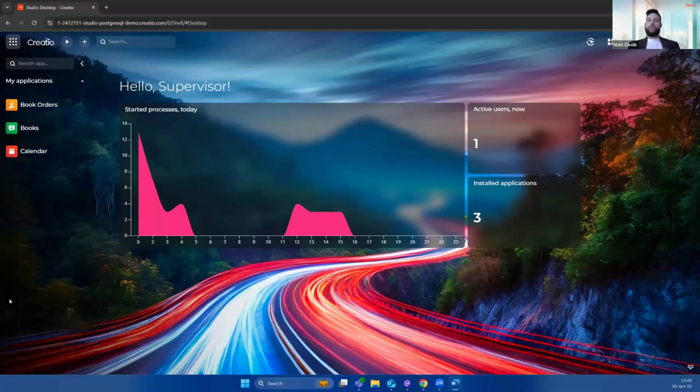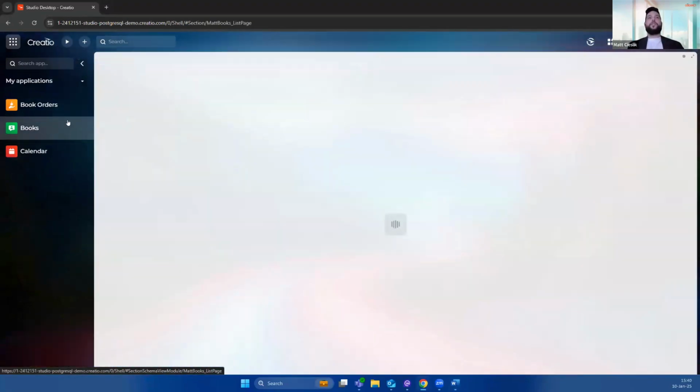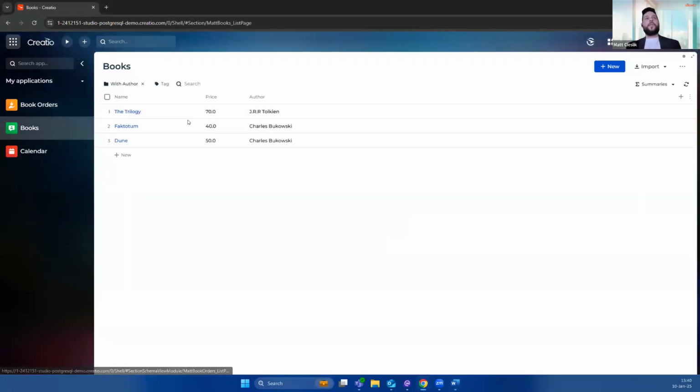So for the presentation, as I mentioned, we're going to focus on some new features. For that, I have created a very simple data model. Basically, we will have some books in one of them. The book record has only the price per copy as well as the author. I made it quite simple and quite small, so the transparency of the functionality would be more clear and better